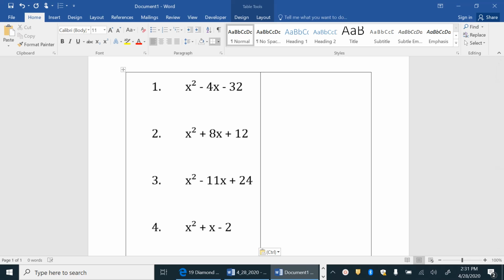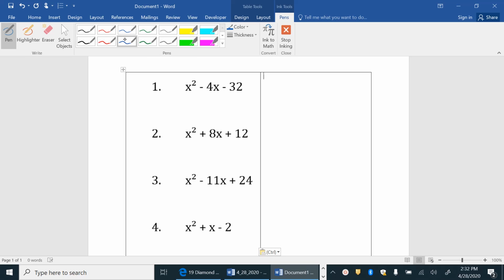Hello. So today what we're going to do is we're going to take the diamond method and see how it applies to factoring. I'm going to do the first three problems, and what you guys are going to do is you're going to write your answers to the right side, to the right column. So we're given the problem